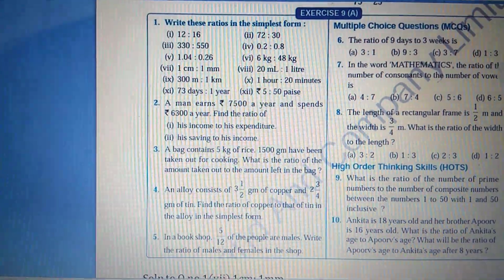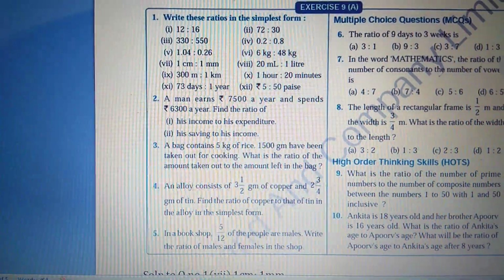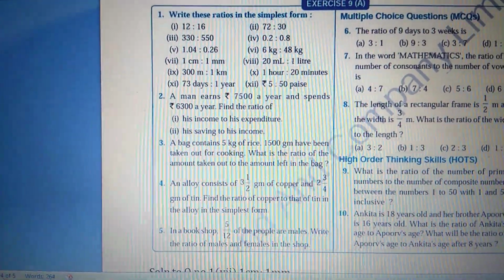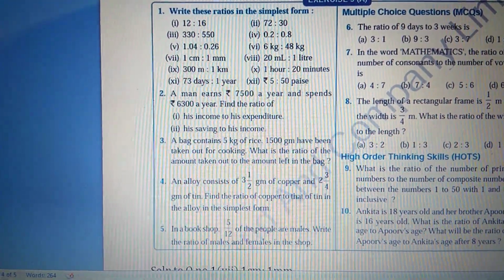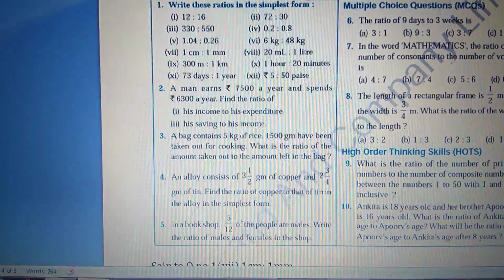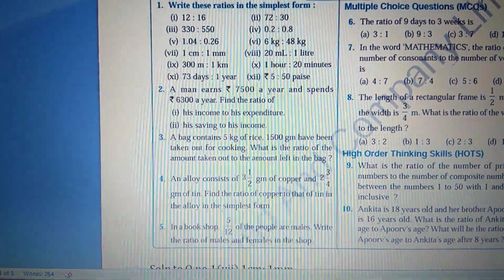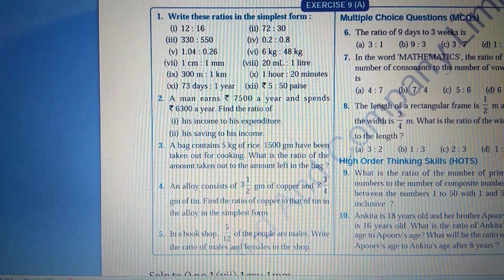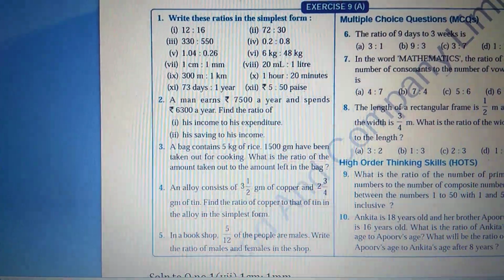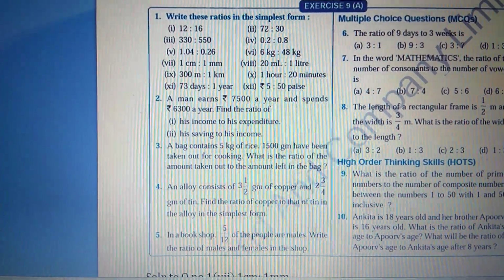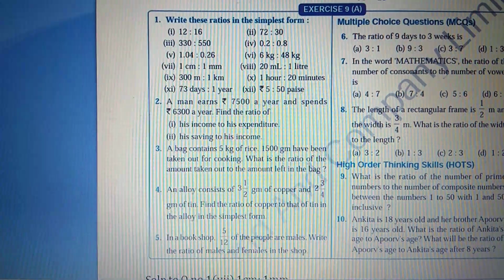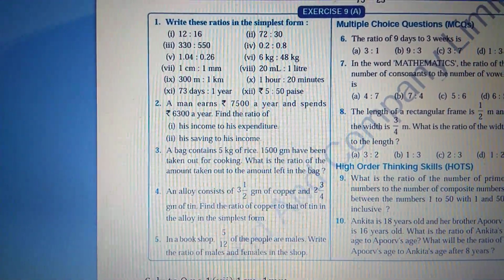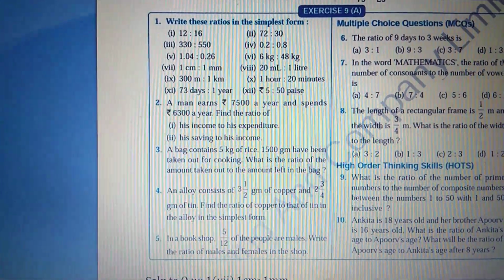Here is the exercise. In question number 1, you see, write these ratios in the simplest form. You have to solve this as the above mentioned examples, which just now I have shown you. So in 1, 2, 3, 4, 5 number, there is no unit and they are very easy to solve. Units are given from question number 6. In subdivision number 6, both the quantities have the same unit, so we need not take tension.